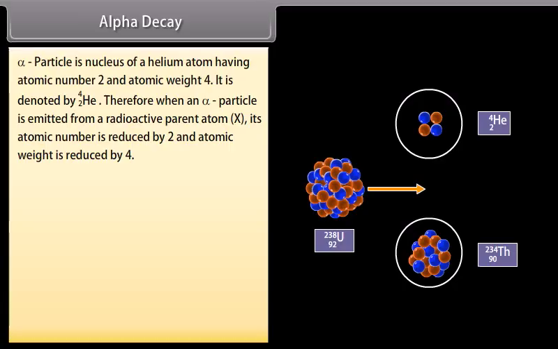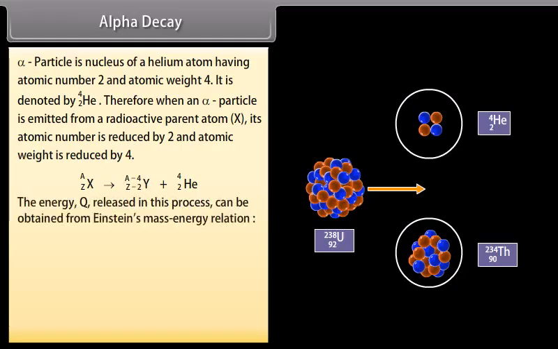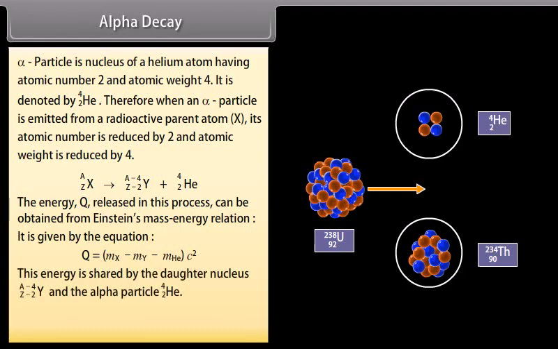It can be demonstrated as follows. The energy Q released in this process can be obtained from Einstein's mass-energy relation. It is given by the equation Q = (m_X - m_Y - m_He)c². This energy is shared by the daughter nucleus and the alpha particle. For example,